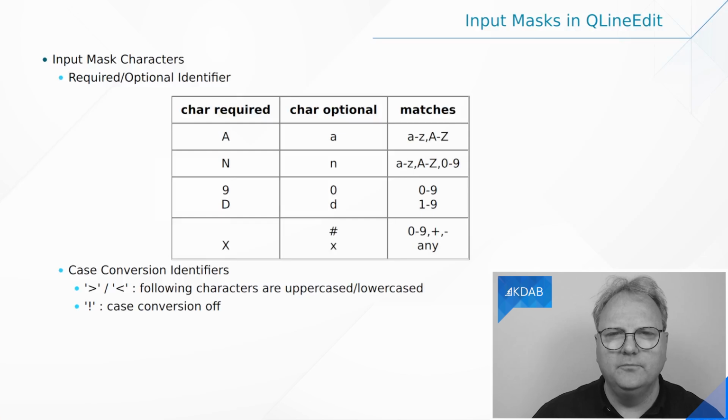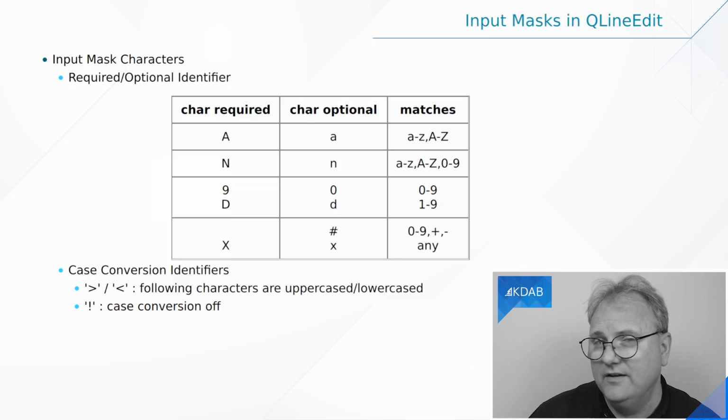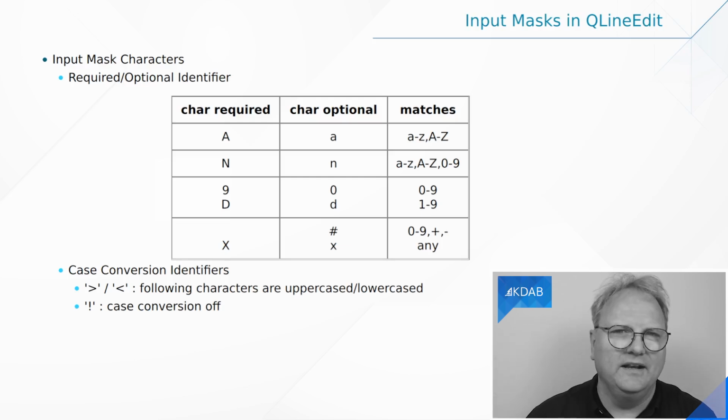Wait, Jesper. You said that 0 or 9 for a digit, but the IP numbers, they are only from 0 to 255. How do you specify that you can only type 1, 0, or 2 at the first of that 3-digit octet there? What? You can't? So what is the value of all of this? Yeah, I admit this